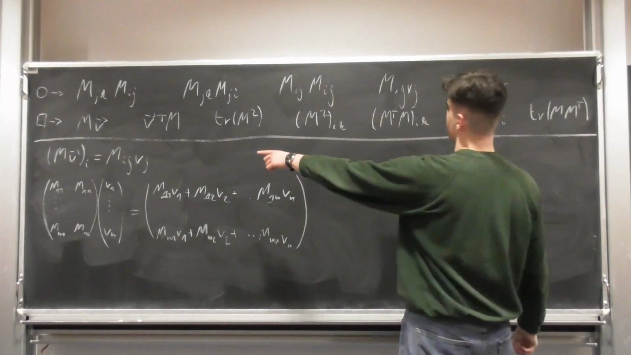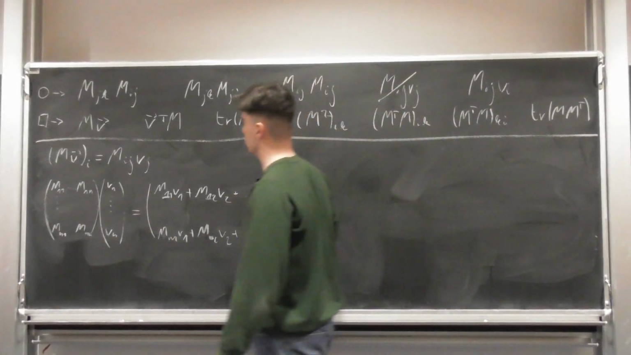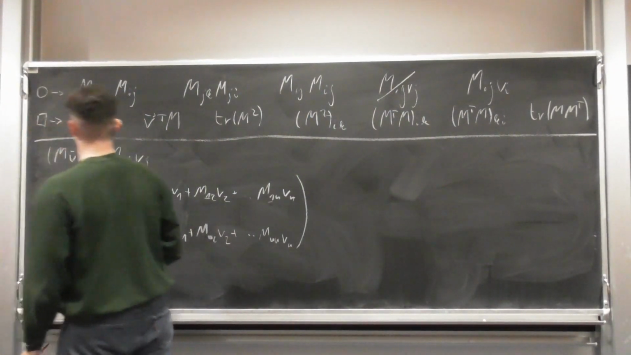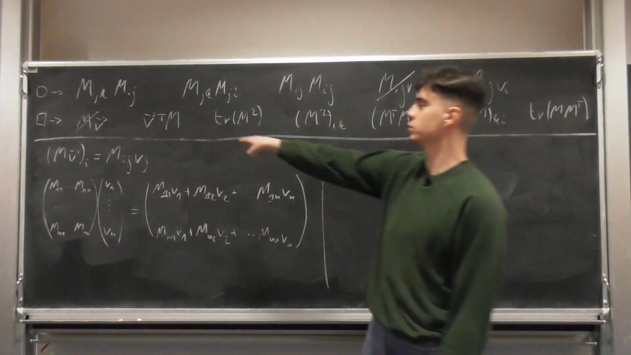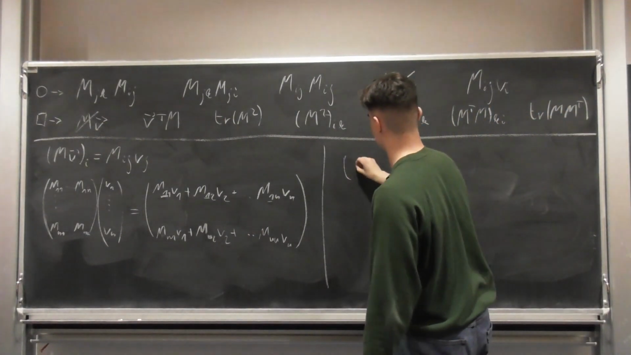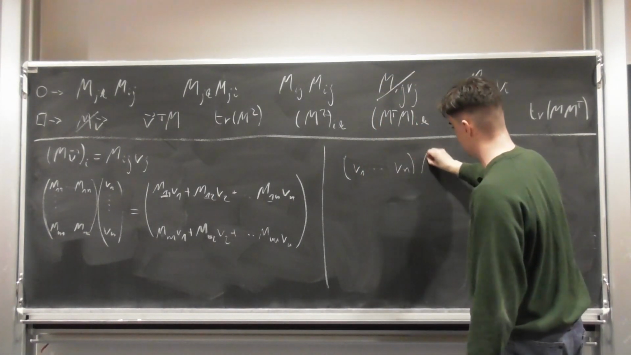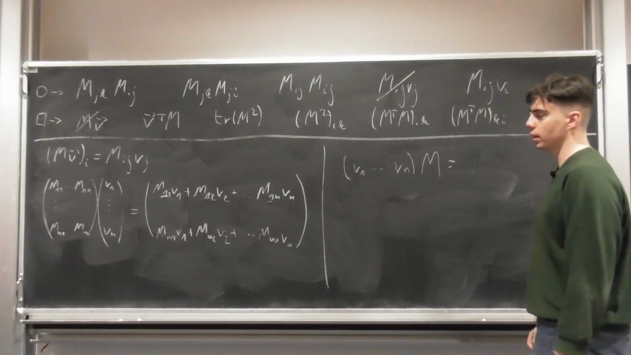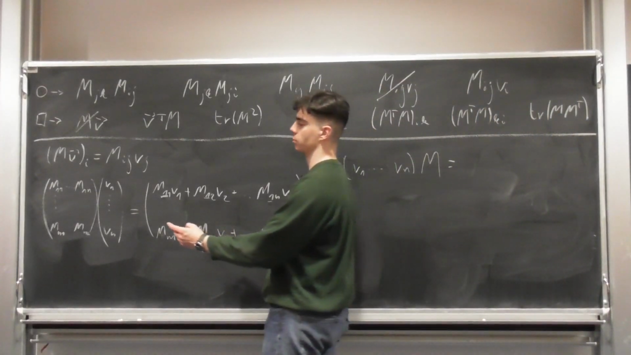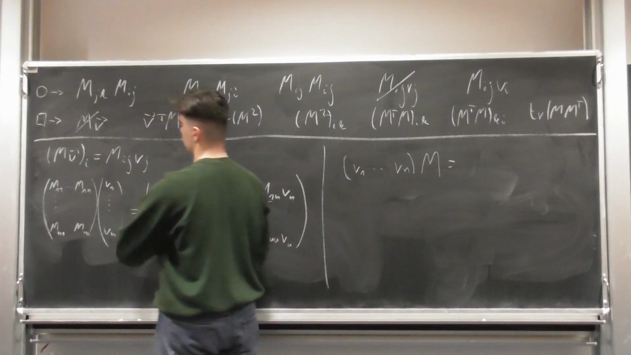Okay, do we see this anywhere? We do. So this one corresponds to this one. Okay, now we're going to do the same thing for v transpose M. v transpose is a row vector this time. So it's going to be v1 all the way until vn, multiplying M. I'm not going to write it out explicitly. But if you apply the same rule for matrix multiplication, row times column, and then row times column until you do everything,